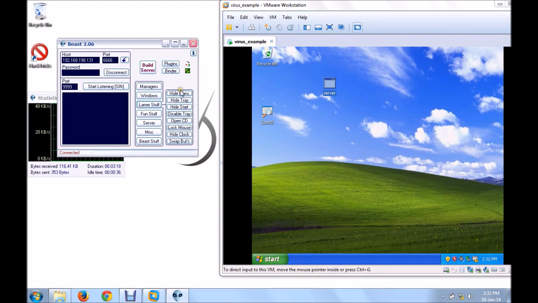Now layman's stuff, like I want to hide the icon, show the icon, hide the tray. See, the tray is hidden. Show tray, the tray is visible. Hide the start.